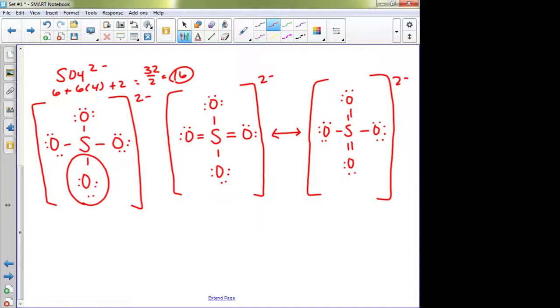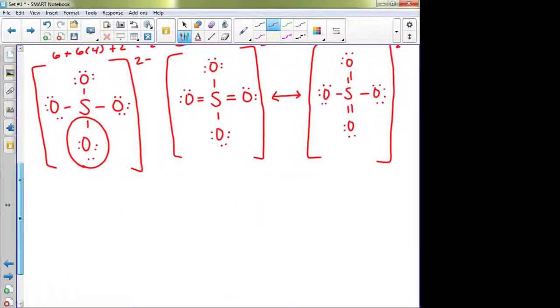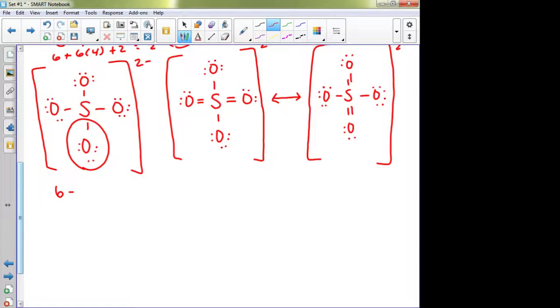So I say, okay, how many valence electrons does oxygen have? 6, right? Because that's what it is on the periodic table. So I just write a 6. Minus, how many electrons does oxygen have to itself here? 6, right? 1, 2, 3, 4, 5, 6. Okay? And then we have to account for one that's being shared right here. So there's 2 of them right here, but only one of them we account for with oxygen. Okay? So that would be